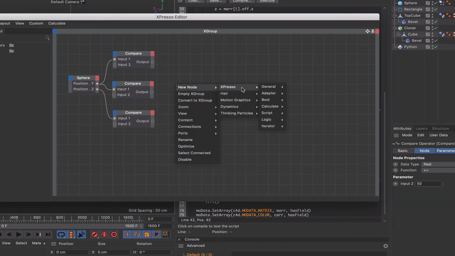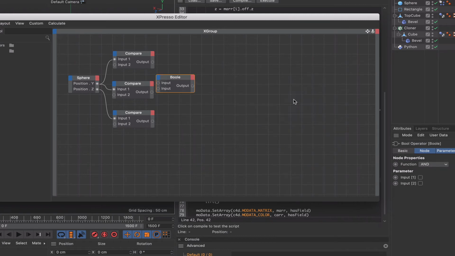Moving on from here, I need 2 bools. These are both going to be ands in the function, so we don't need to change anything. So I'll just command drag to copy a second one. The outputs from the top compare will go into the input 1 of the first bool, and similarly the compares